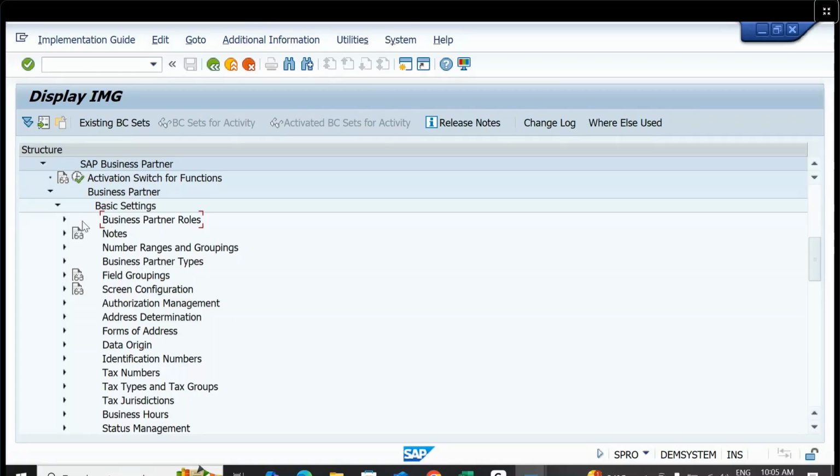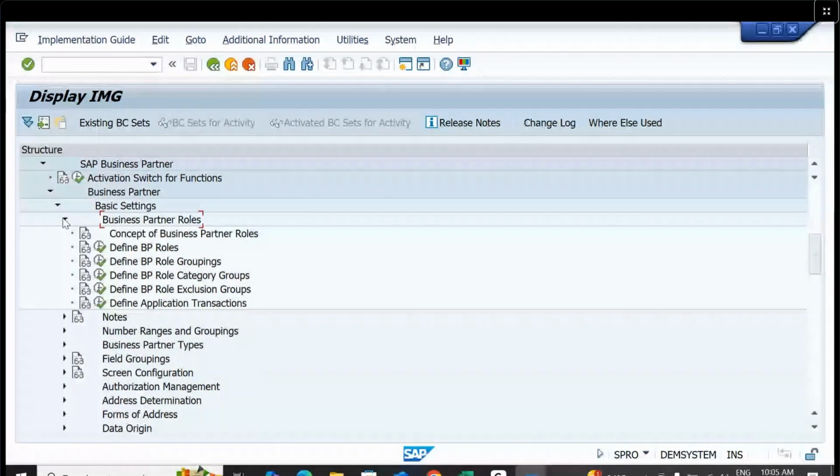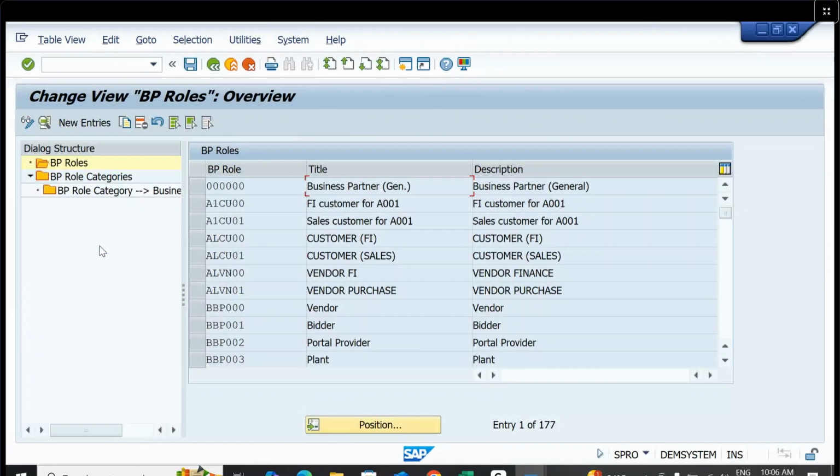Basic settings, define business partner roles. After basic settings, business partner roles. Define BP roles. Okay. See here, standard you can see